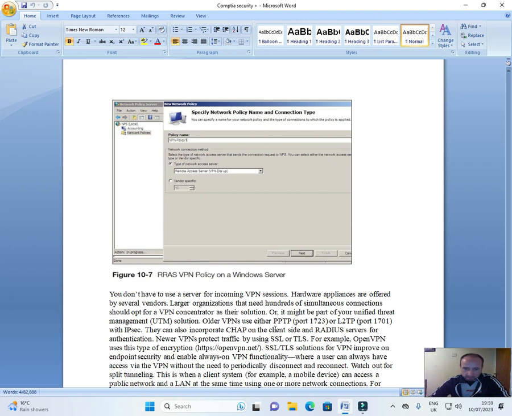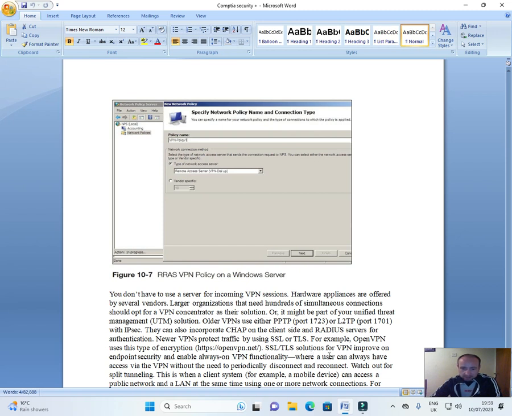Older VPNs use either PPTP port 1723 or L2TP port 1701 with IPsec. They can also incorporate CHAP on the client side and RADIUS servers for authentication. Newer VPNs protect traffic by using SSL or TLS. For example, OpenVPN uses this type of encryption. https://openvpn.net